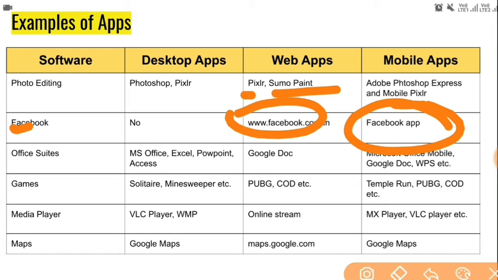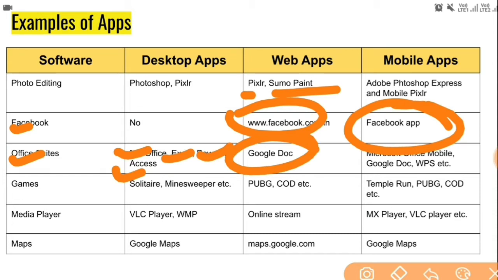Okay, now the next thing that I want to tell you about is Office Suite. The Office Suite contains MS Word, MS Excel, MS PowerPoint, MS Access, and many other Microsoft packages. It has some desktop apps, which include word processing apps, PowerPoint presentation apps, spreadsheet apps, and database apps. Now, talking about web apps, there are also Office Suites there, like presentations, spreadsheets, and databases. All these things we can find on Google Docs. But Google Docs requires the internet, so that is known as a web app because it requires internet.